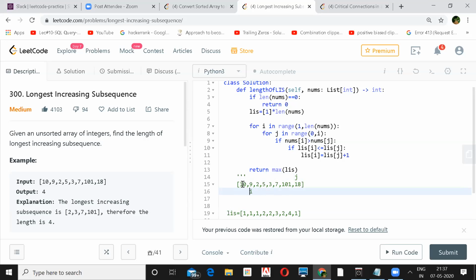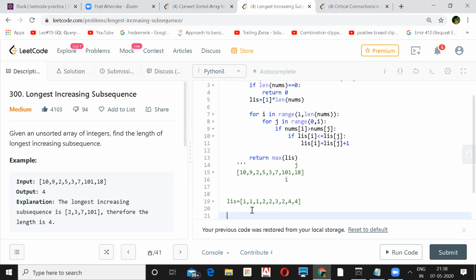You can't do anything here. Here again it will be 2. At 5 if you go, it will be 3. So 3 is the maximum as of now. Again 3. Here you will have 4. So I think you will have 4 only, because 101 is again small, greater than this. So you just iterate and get the maximum out of this.